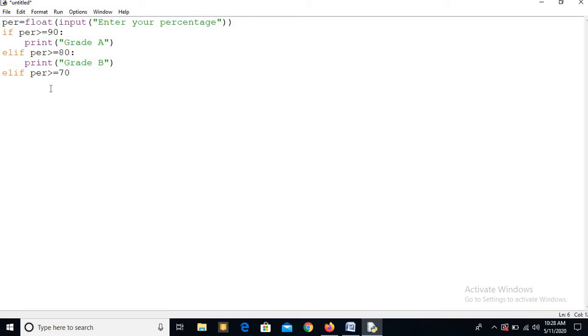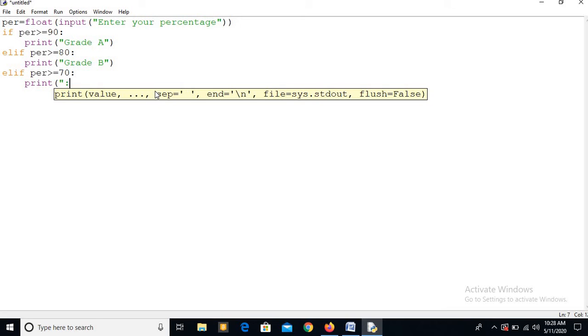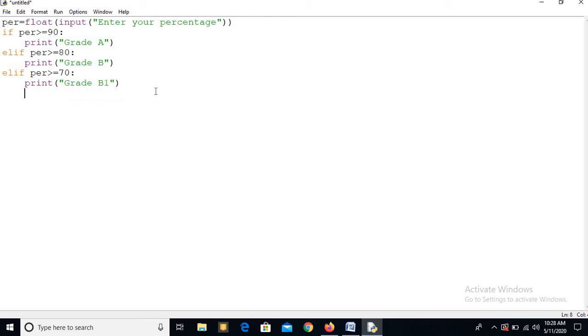Greater than equal to, because greater than means above 70, equal to means 70 will also be considered in this. That's why I put the greater than equal to sign. Colon sign, then print grade B1.